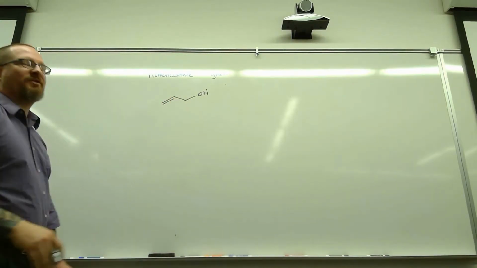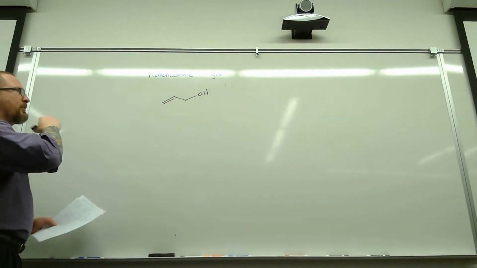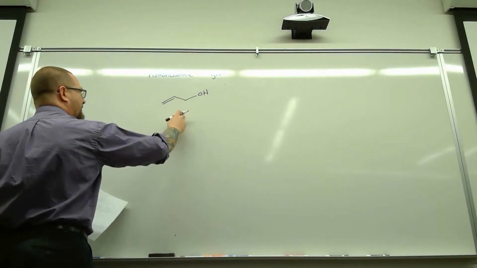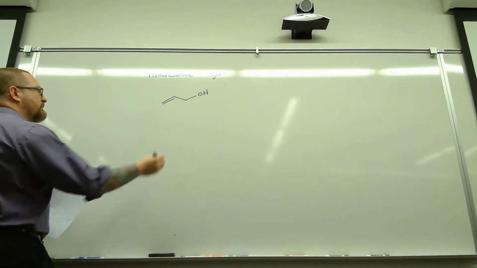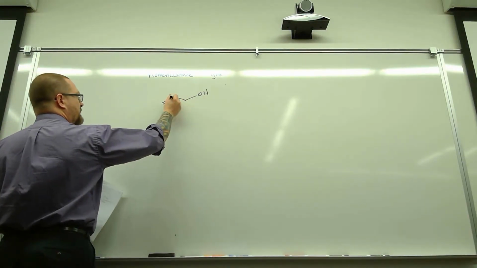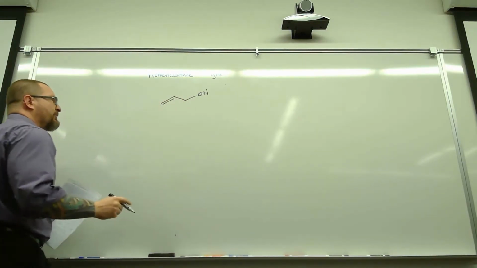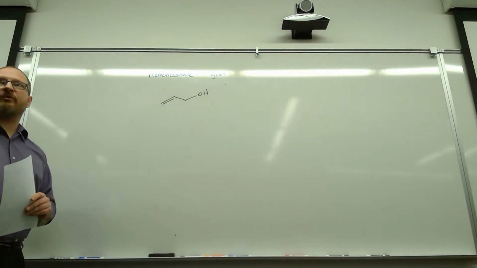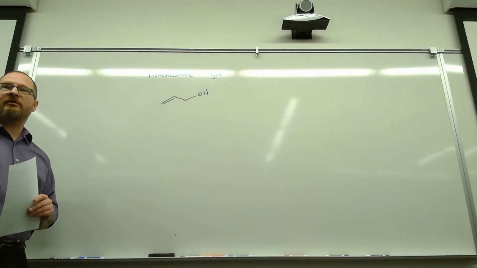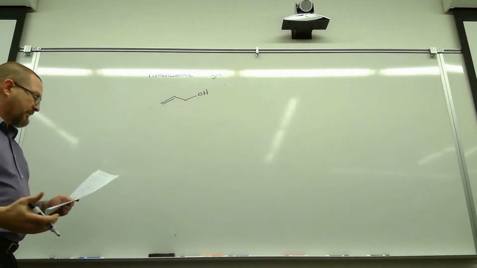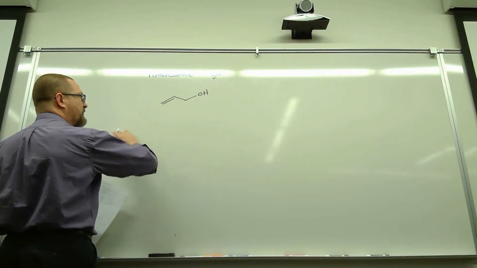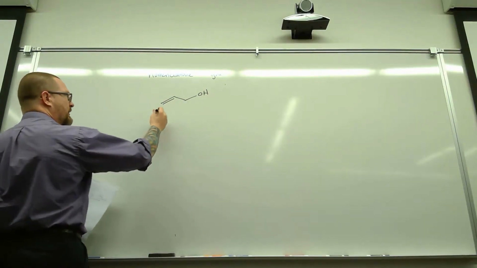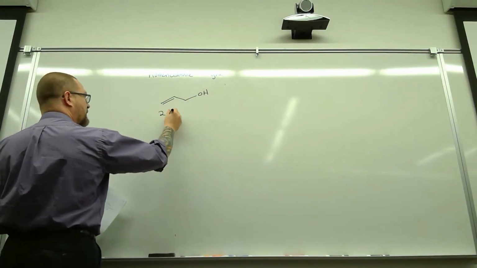I think I might have just drawn the same thing backwards. Nope, I didn't. There's no methyl over here. So if we were going to name this, we've got a 1, 2, 3 carbon chain. We've got a hydroxyl group, so we have an alcohol that has to end with -ol. We've got an alkene starting at the second carbon. So this is going to be named similarly to what we did before, where we've got a 2-